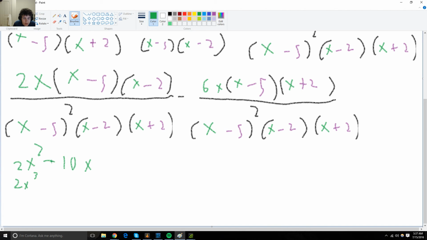I am not thinking right here. So I'm going to do this times that, so that's minus 10x squared, and then that times that, so plus 2x squared